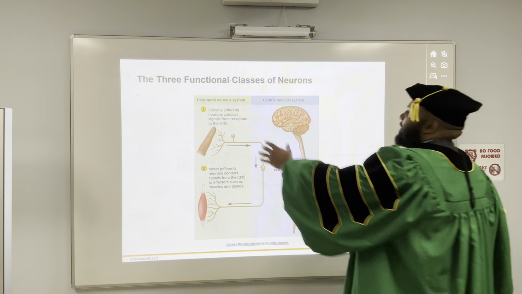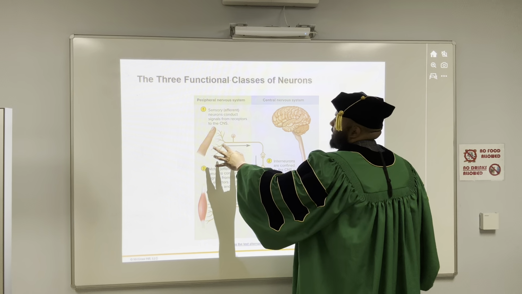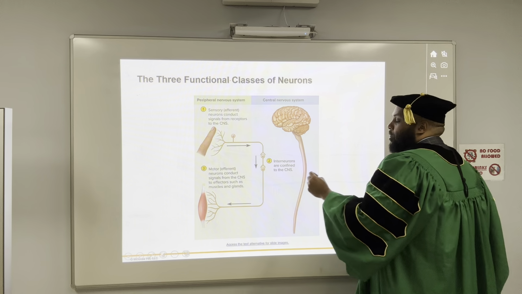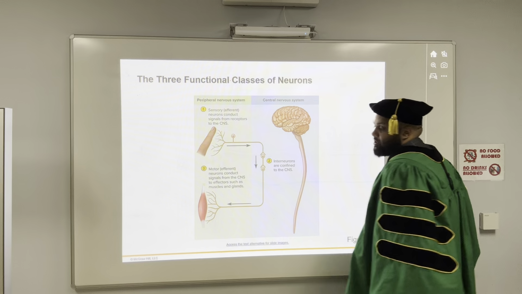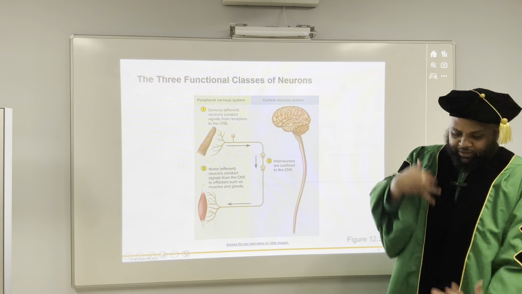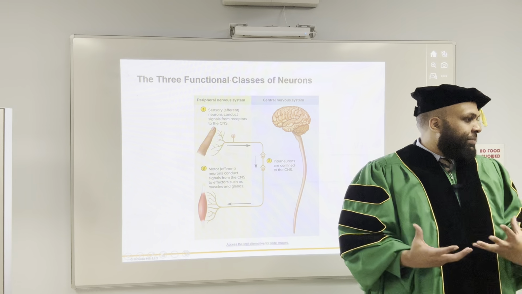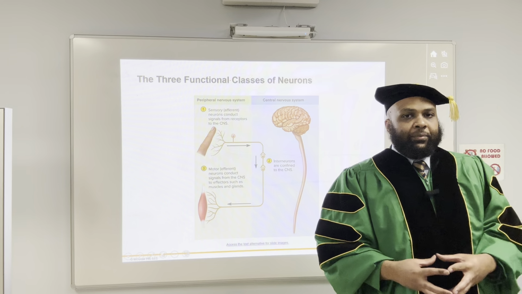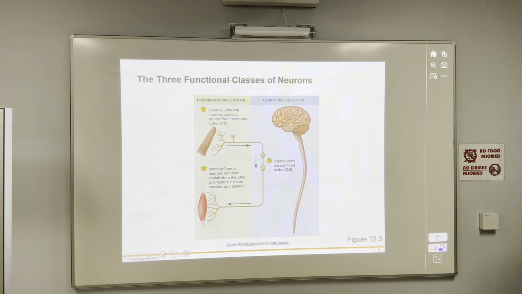That shows you the peripheral nervous system is going to communicate. Sensory afferent neurons are going to conduct signals from the receptor towards the brain. And motor neurons are efferent. They send out a motor output to the effector. Here is a muscle. And number two, you have interneurons. These are mediating between the brain and spinal cord, and different parts of the brain. The brain is not just one big thing. It's compartmentalized. There's the medulla oblongata, the cerebrum, cerebellum, brain stem. So they all need to communicate through the interneurons.